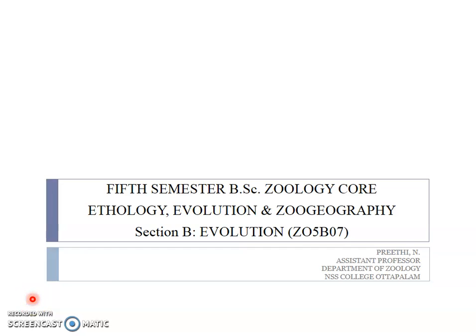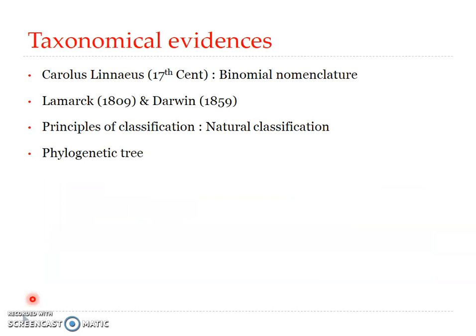Welcome to the session on evolution as part of our 5th semester BSc Zoology core course paper. And here we are going to deal with taxonomical evidences of organic evolution. Taxonomy is a grouping of animals and plants on the basis of their resemblances and relationships, and this provides